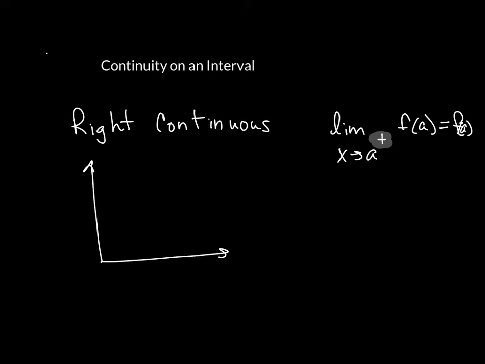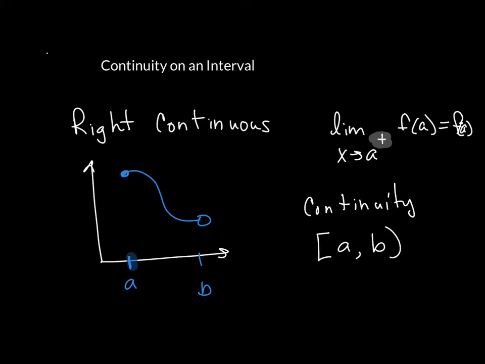So if I have two values of x, a and b, the function would look something like this for it to be right continuous. Remember, we're coming at a from the positive side, from the right side, and as I'm doing that, that limit exists and it is equal to the function value at that point. So this, we say, has continuity